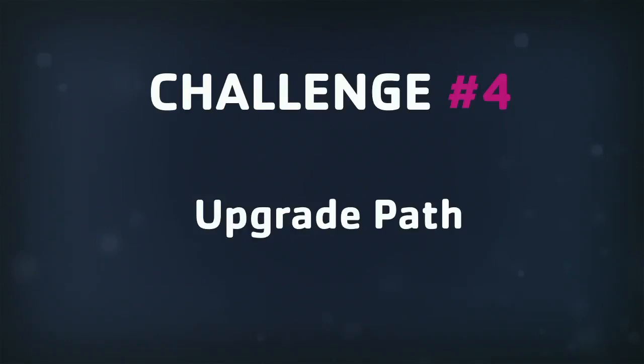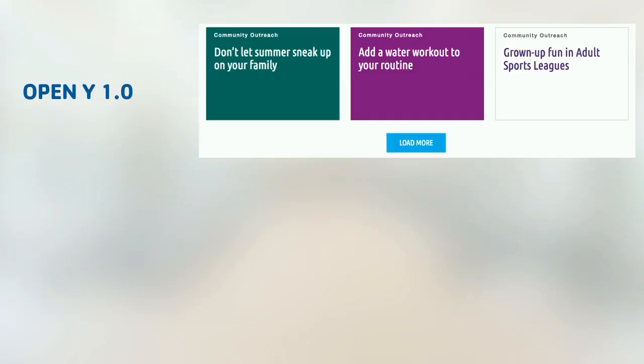and we should support some upgrade path for that. Of course, different YMCAs, small YMCAs, can use just what we provide out of the box. Medium YMCAs can customize something, and the large YMCAs build a lot of different customizations on top of the distribution. So let's just imagine a situation when in OpenY 1.0 we provide that fancy listing of blog posts